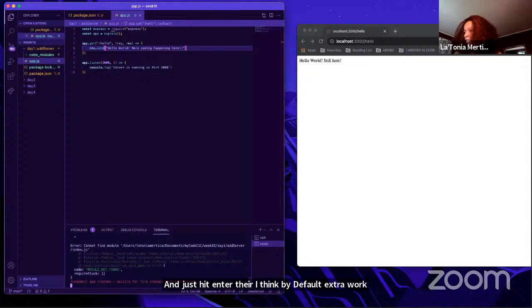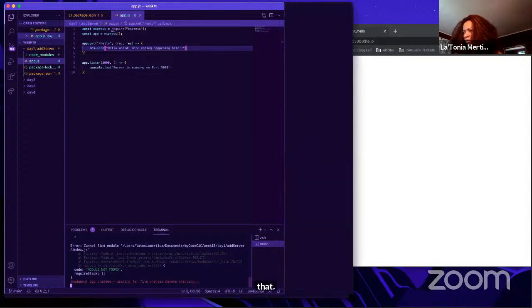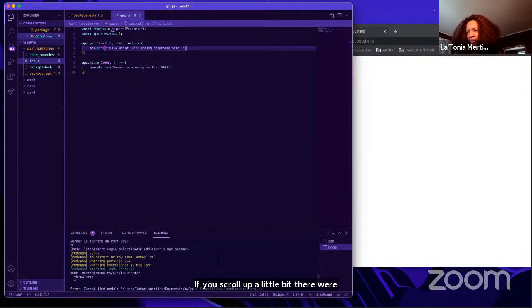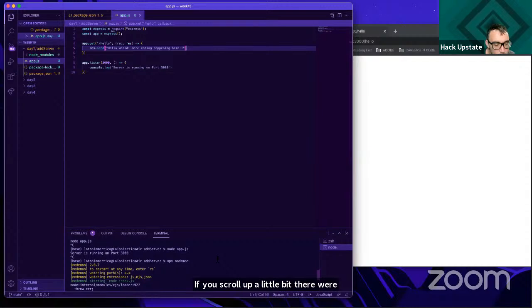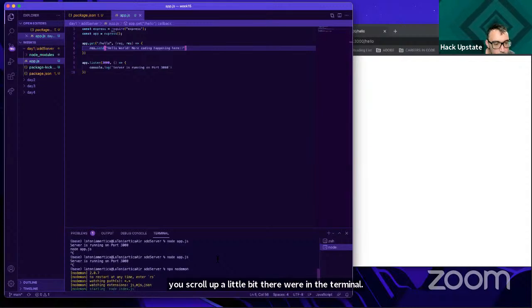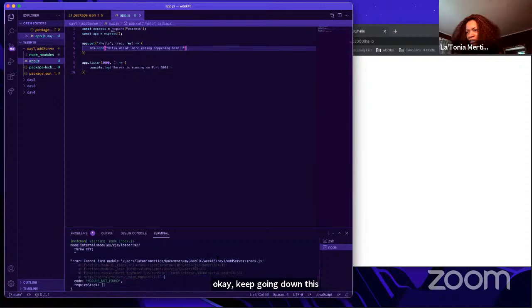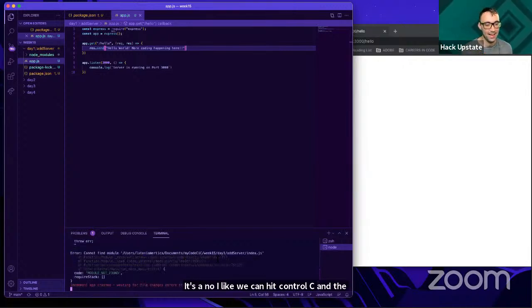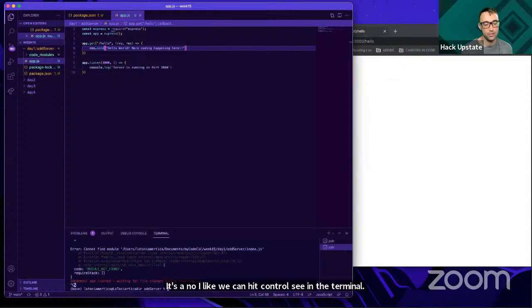Okay, that kind of worked. If you scroll up a little bit there. In the terminal. Okay, keep going down. No, I lied. We can't. Hit Control-C in the terminal. And go ahead and do npx space Nodemon space app.js.